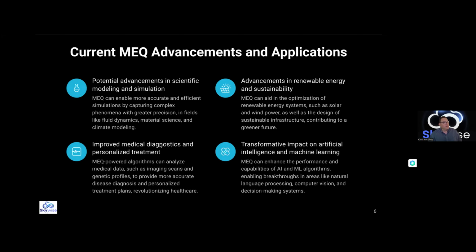We're looking at new medical diagnostics and treatment plans. We've developed new proteins that have much greater efficacy and fewer side effects. All of these things are coming out in very, very precise simulations. That includes cancer and some other major diseases that we didn't have this AI technology to even look at prior.